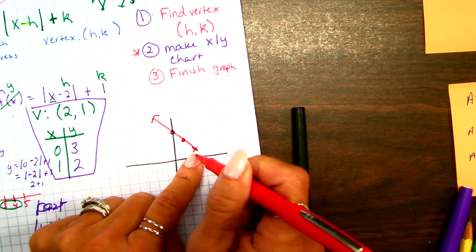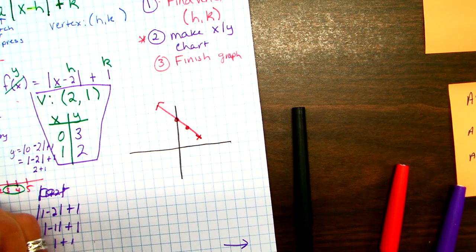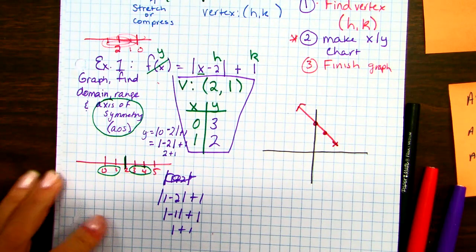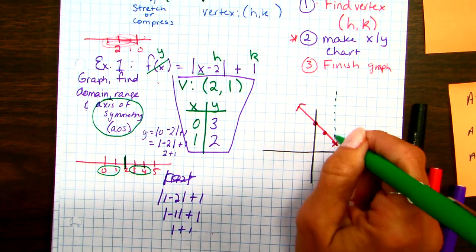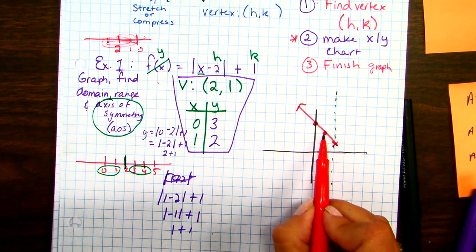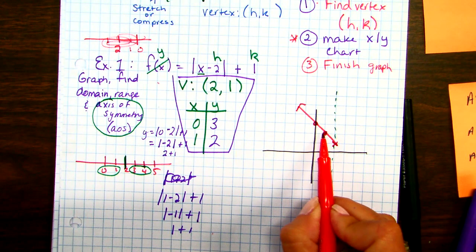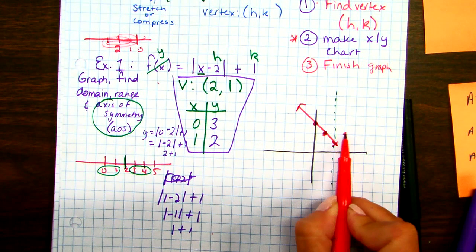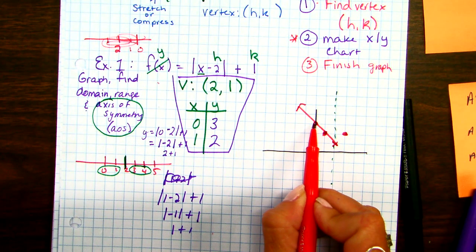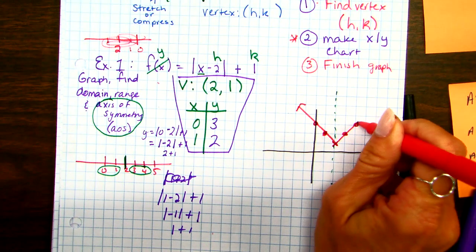So how do I find the other side? Well, there's something called an axis of symmetry, and I usually just say AOS after this, axis of symmetry, that goes right through the vertex. It's going to go right through it like this. So all I have to do to find my other points is just reflect across. So if I have a point to the left of the axis of symmetry, I'm also going to have one to the right there. And if I have a point 2 to the left, I'll have one 2 to the right. And it makes a perfect V,